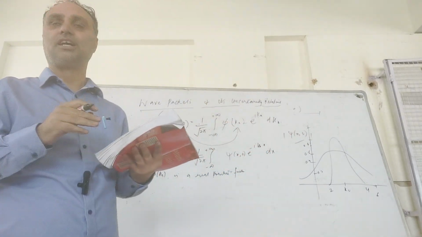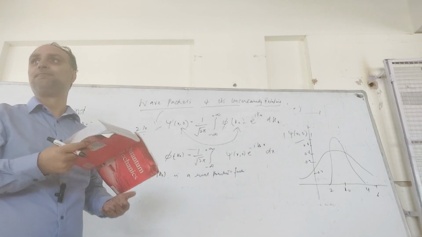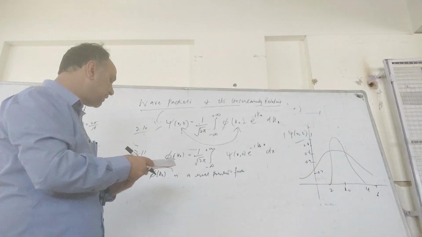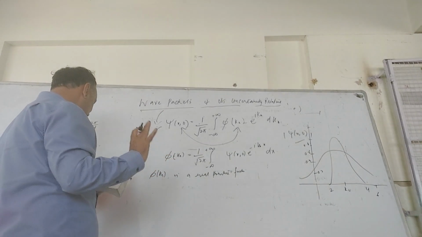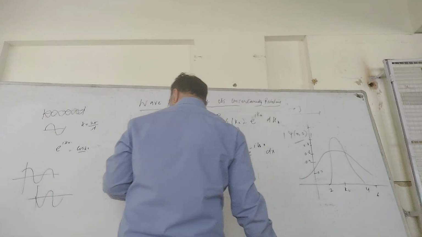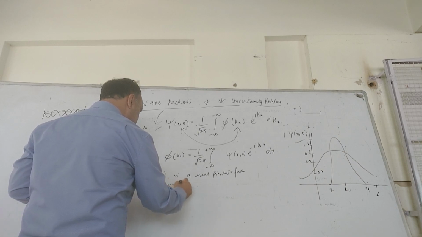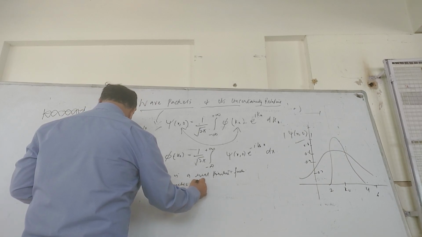Now here we have the function, the spread of the wave packet. What we are going to say is that it is similar to this figure which we are going to explain, that this symmetric distribution